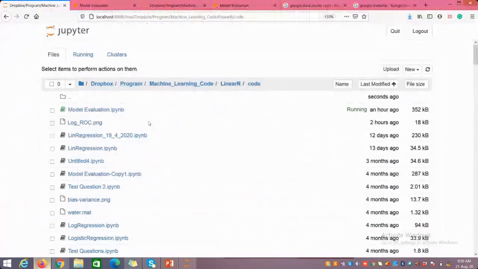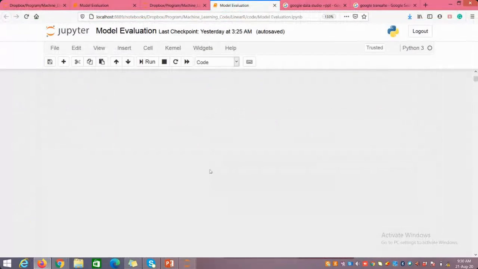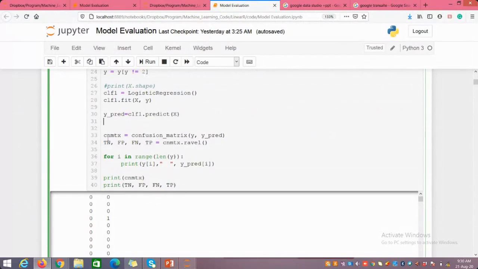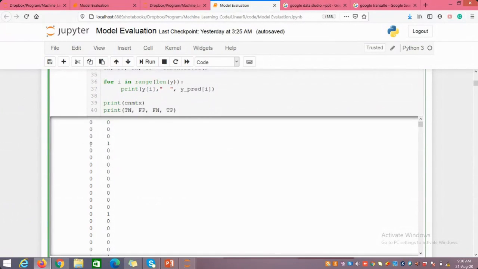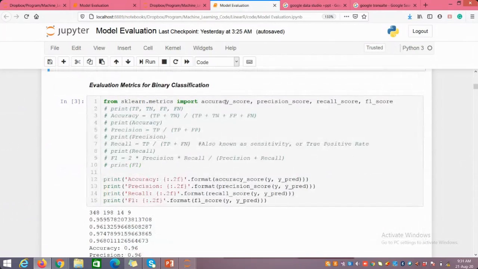Okay, so let's see how this is working. In your last class we have seen up till this point, where we calculated our confusion matrix. For some of the cases there will be a misclassification, for some of the cases there will be a correct classification, and based upon that we have summarized these values. We have calculated the true positive, false positive, all four combinations. Now based upon all these four combinations we can calculate the classification accuracy, precision, recall and F1.